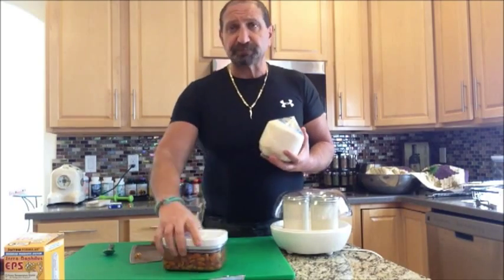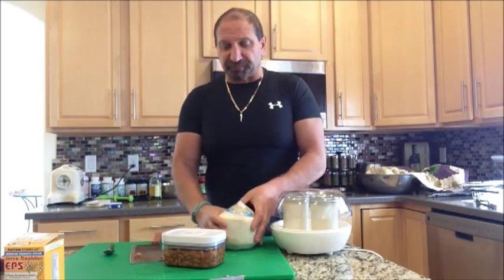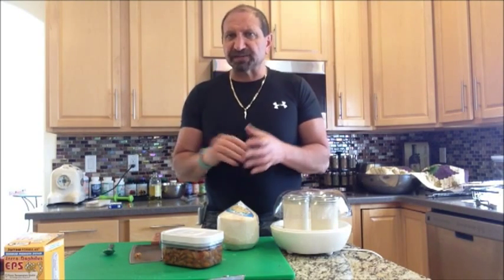I actually threw a lot of stuff away while trying different things, and bottom line is, real coconut, real almonds. You could do one or the other. I love the combination of both, because the almonds just kind of thicken it up. And this is really thick, so maybe next time I'll use a little less almond, because I do like it a little thinner. Sometimes I like putting a little oats in there, just a little bit, because it helps you